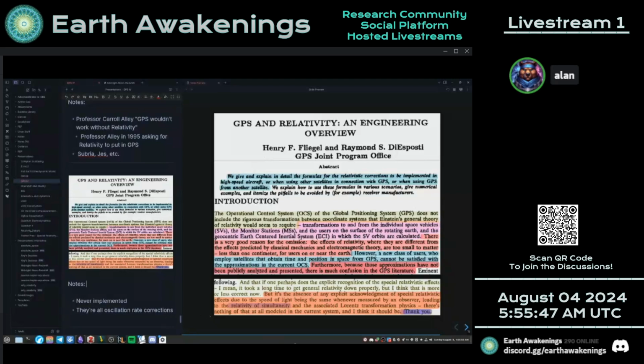No length contraction, no time dilation, no constancy of C. Right? Because the relativistic physics here, the Lorentz transformation, is about facilitating the constancy of C. So